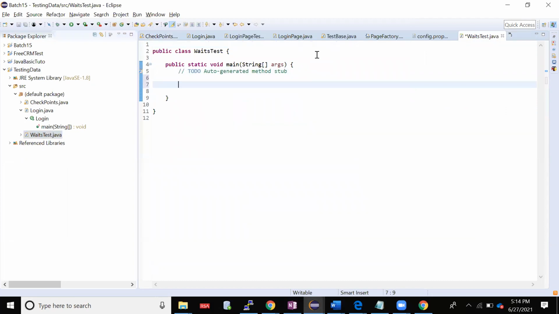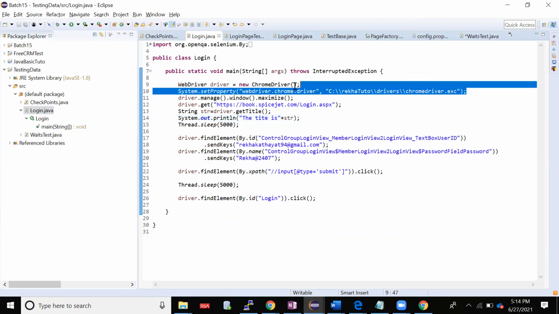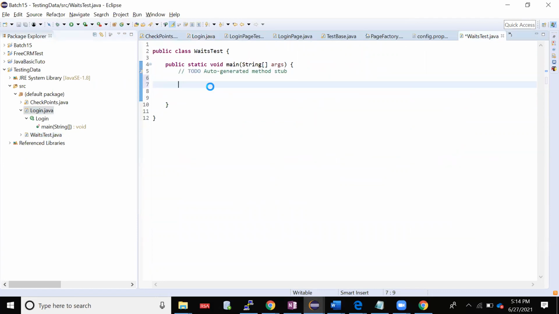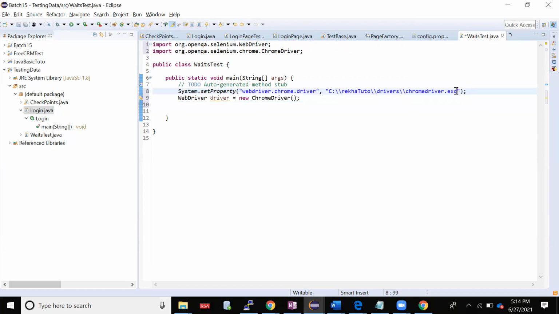Now, the prerequisite was what, as we saw in login and logout. As I can see, this was my setup. So this would remain my prerequisite. Always I'll keep it as it is. These four lines remain the same, they will not change. Setup. But as you could see, I was not able to maximize the browser, right?